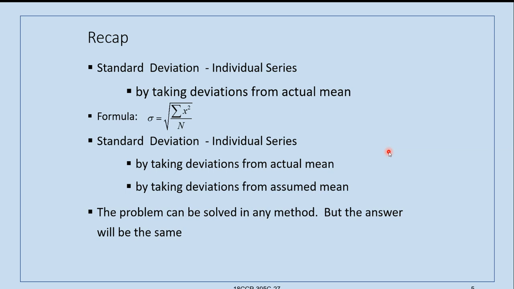second column, deviations. In the first column, we are taking the series and adding all the values of x, and then we are taking sigma x by n for calculating arithmetic mean. And then in the second column, this arithmetic mean is deducted from the x value to take deviations. And then that is called small x. That is small x is equal to x minus x bar.